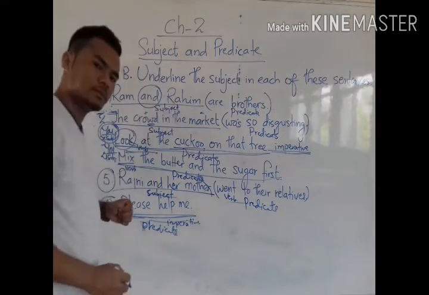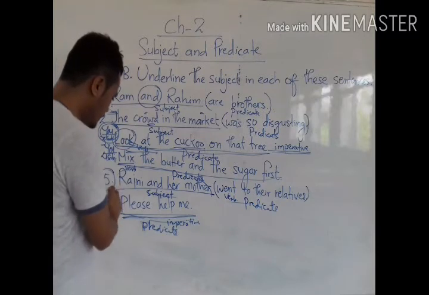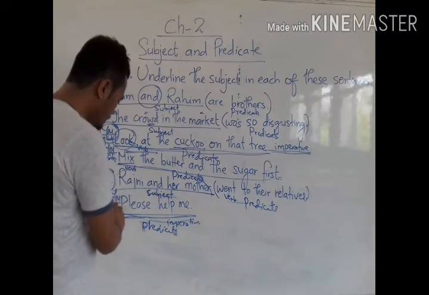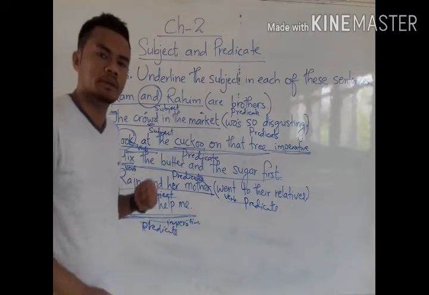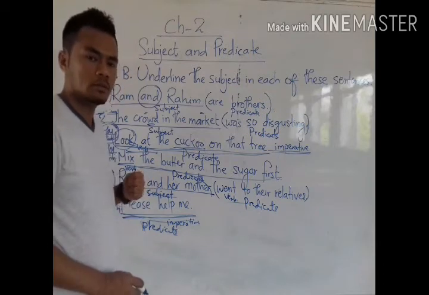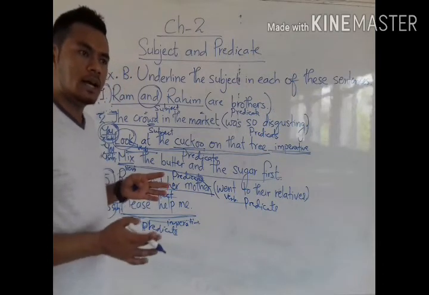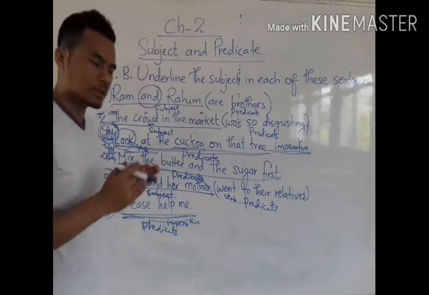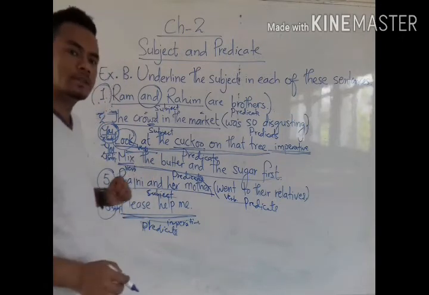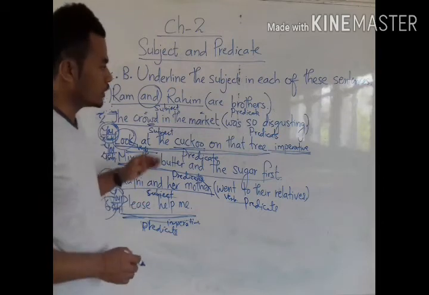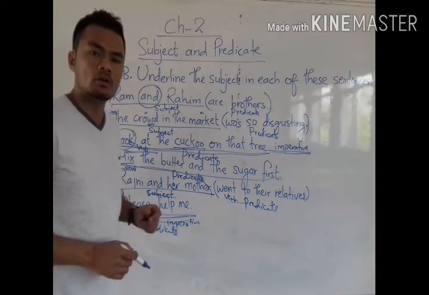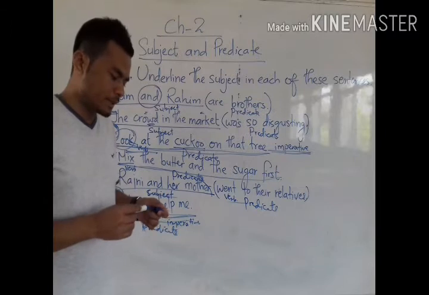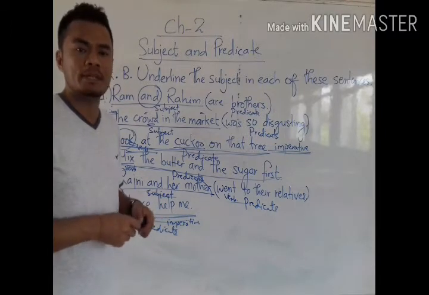So what is subject here? Here also you is subject. You please help me. You help me. Okay, you please help me. So here the sentence is about you and I am asking you to help me. Okay, so here you is subject. Understood? So I hope you have understood how to identify subject and predicate in assertive sentences and